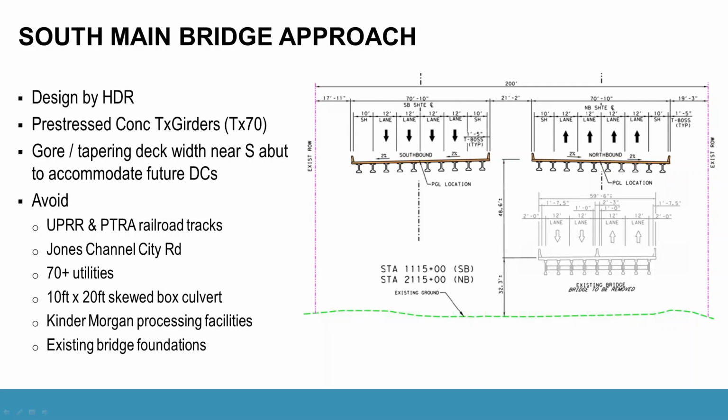Some of the other constraints were that we needed to avoid and traverse over UPRR and PTRA railroad tracks. We had an in and out road that serves the port users called Jones Channel City Road. And the bridge traverses over 70 plus utilities. And also, if that weren't enough, going down the center line of the bridge on a flat skew, I'll show it in plan view in a minute, we have a 10 by 20 foot skewed box culvert